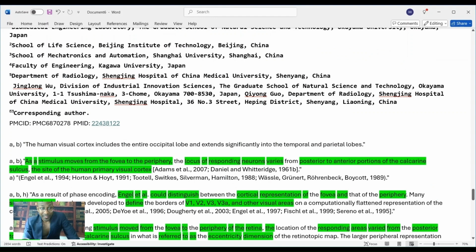So as you can see here, as a stimulus moves from the fovea to the periphery, the locations which correspond in the brain go from the posterior, pertaining to the fovea respectively, to the anterior portions of the calcarine sulcus, which correspond respectively to the peripheral visuals, as you can see here. And this calcarine sulcus is a site in the human primary visual cortex. We said primary means first. And this is a similar demarcation process, which is used to outline V1, which is the primary visual cortex,